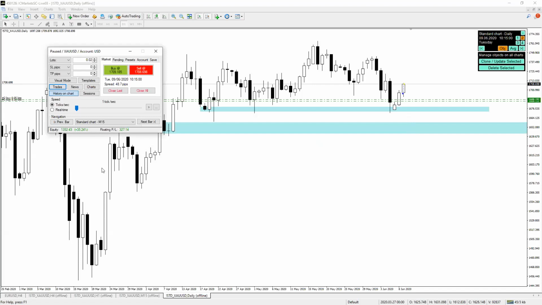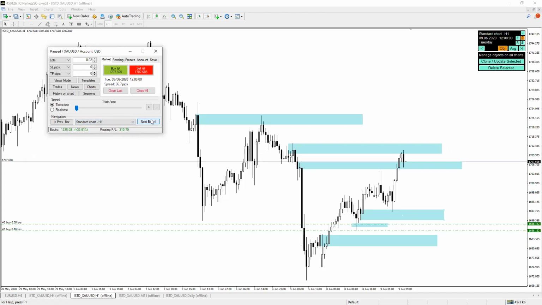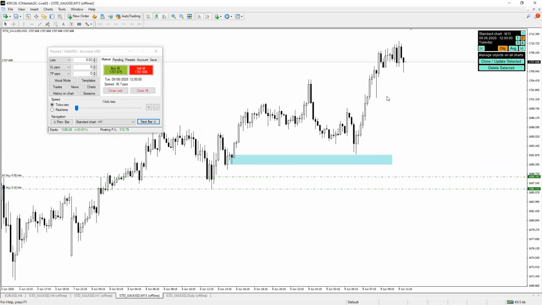So let's continue. Let's hide this history on the chart. Go back to the 1 hour because now we are observing using the 1 hour. So let's go back to the one hour. There we go. So now we are seeing price sort of pull back. And on the 15-minute, price might be coming down anywhere between this range for us to maybe look for